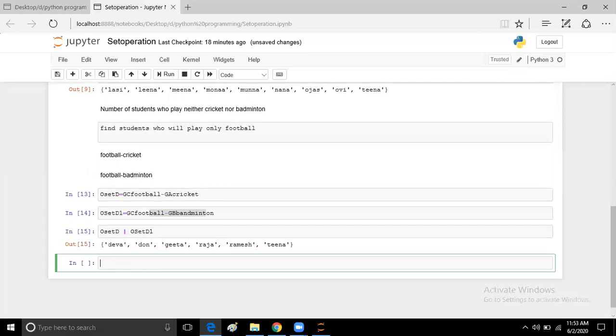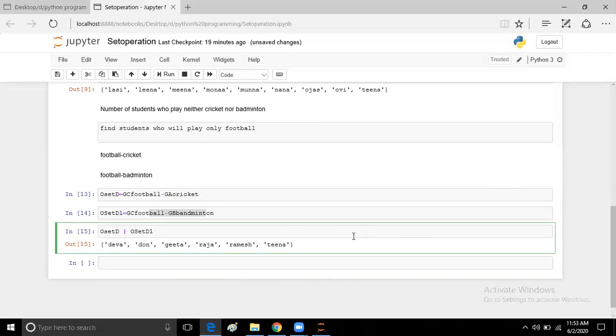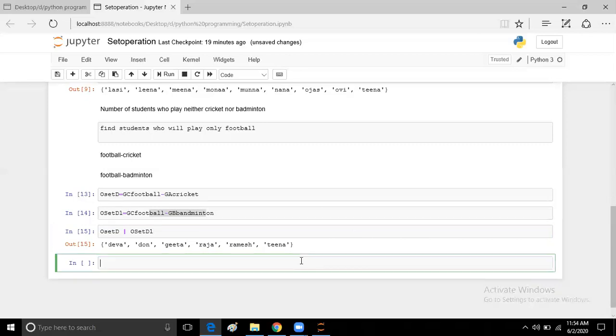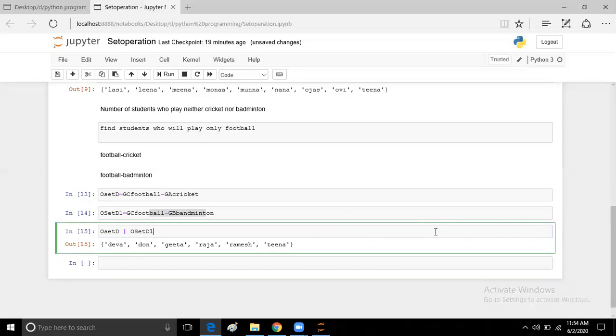Okay, right. If I go with this, we will take out whether we got only the players who are playing this or not. Okay, done. So this is our actual output that we are going to find. This OR operator gives us the union of two sets. We will get the union of the two sets using the OR operator, right? So here we will get our output. Again, you can store this.